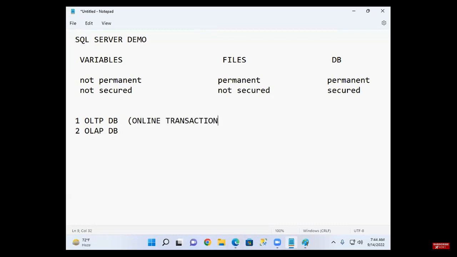Online Transaction Processing. What does OLAP stand for? Online Analytical Processing. P means processing. So there are two.